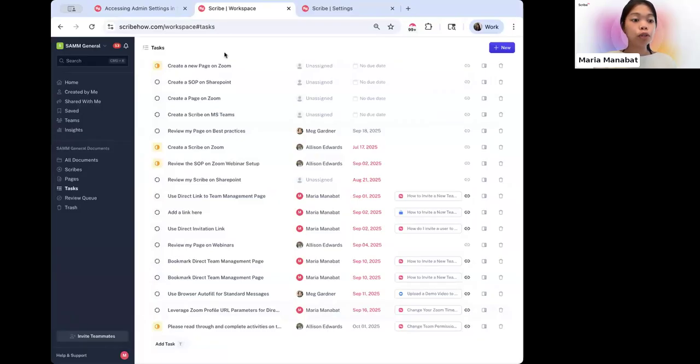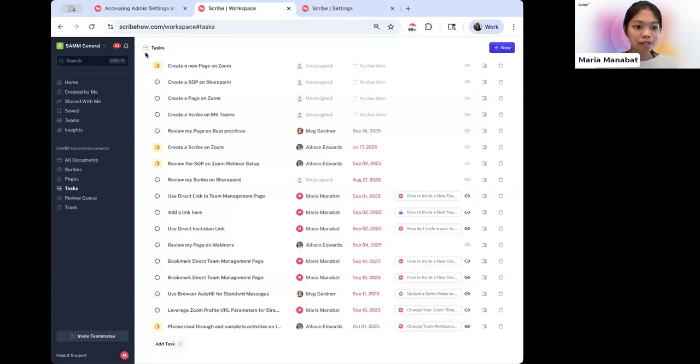When it comes to viewing the material, if it is only shared within your organization or within your team, if you set those sharing permissions like Allison showed, those will be enforced, as in only individuals who have those licenses would be able to see those scribes if it's shared within your organization or within your team. If it's linked to anyone with a link can view, similar to what Allison showed, then you won't necessarily need a license or an enterprise license specifically to view that scribe.